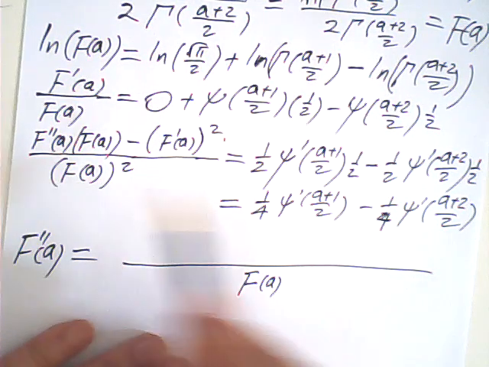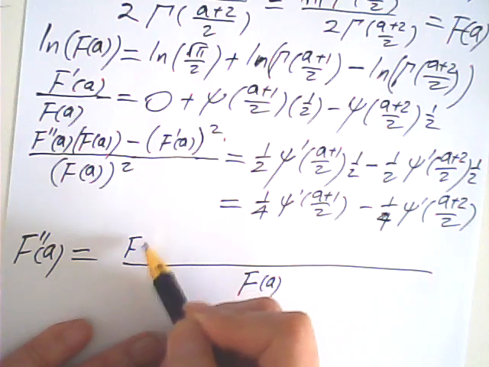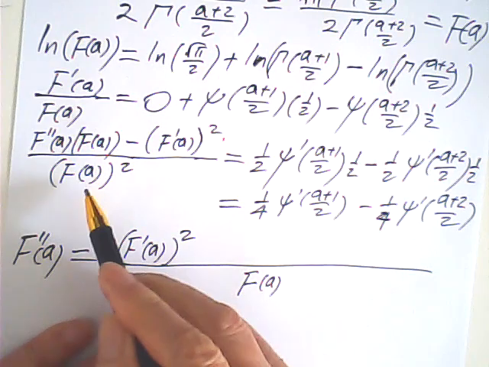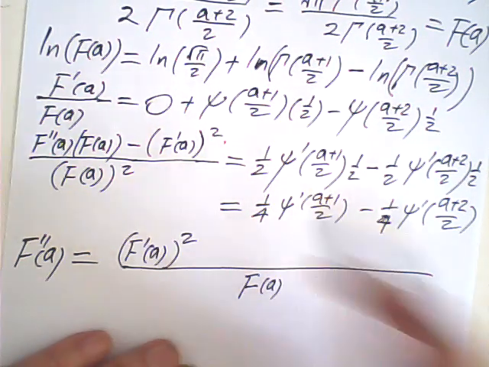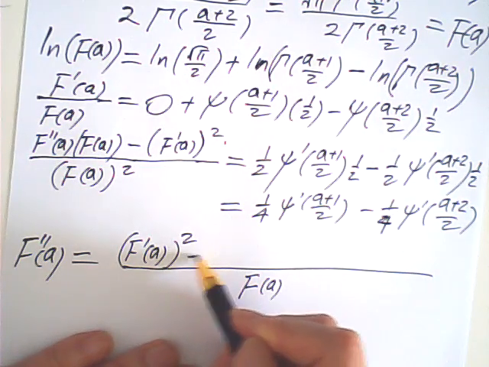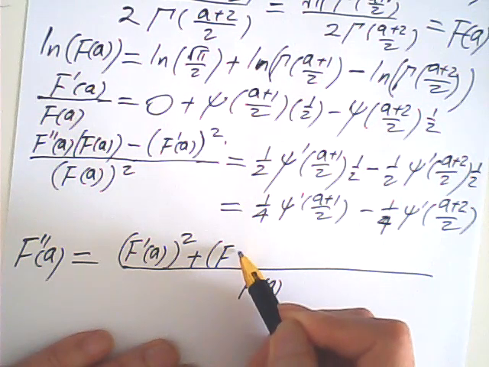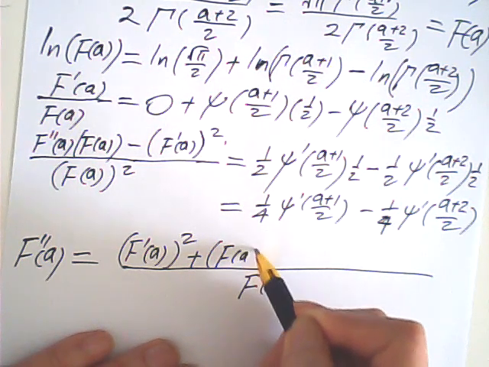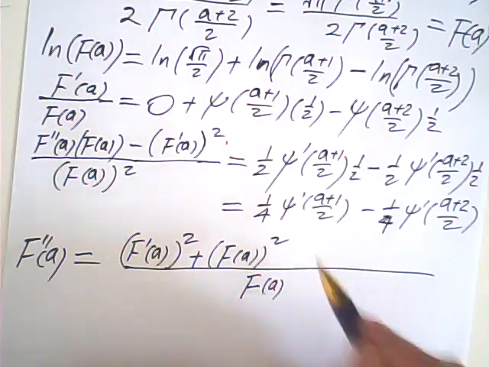And this move over, this will be positive. This one times this one, right? And plus this f of a squared times this,